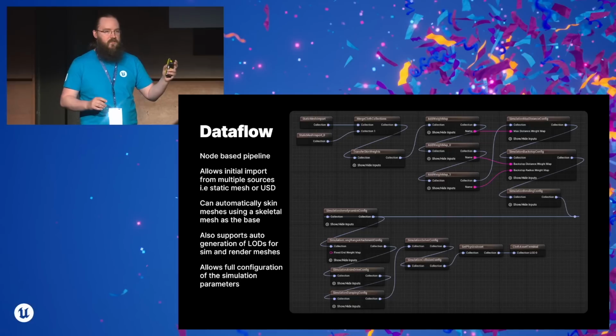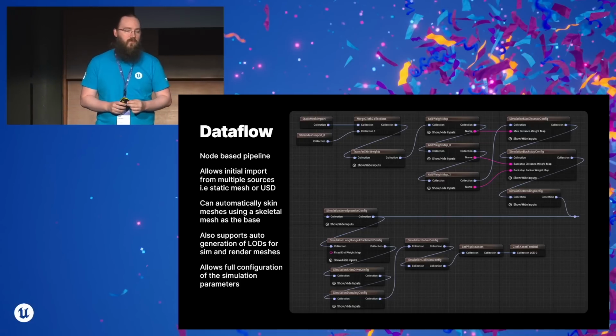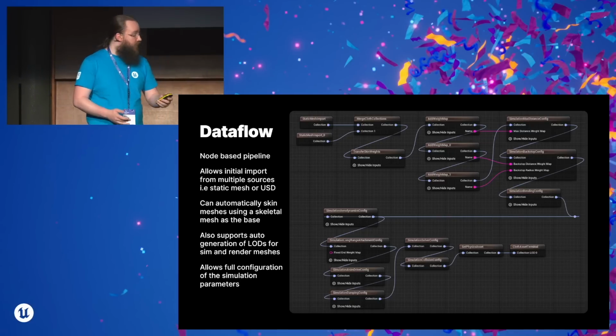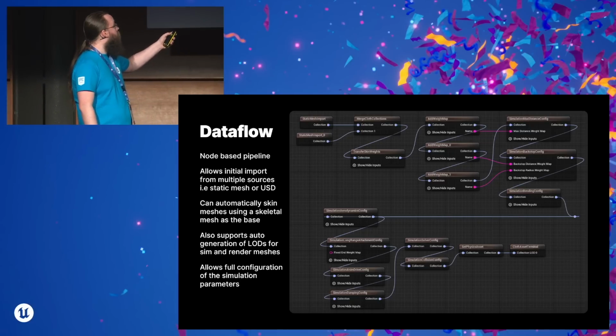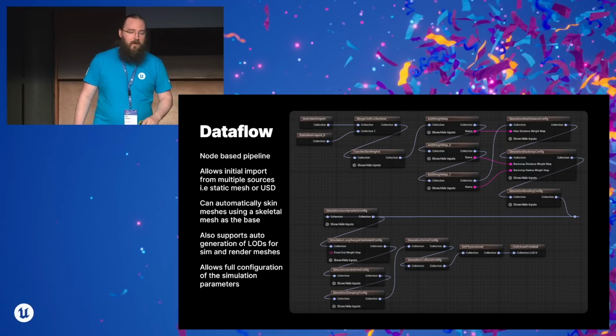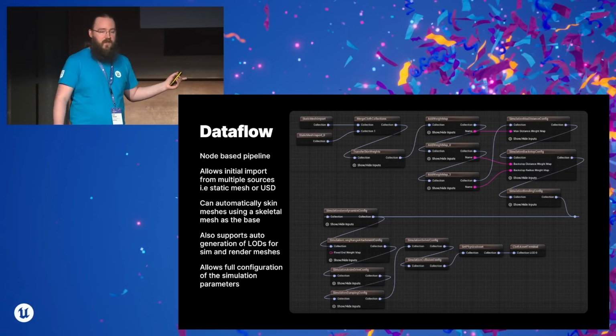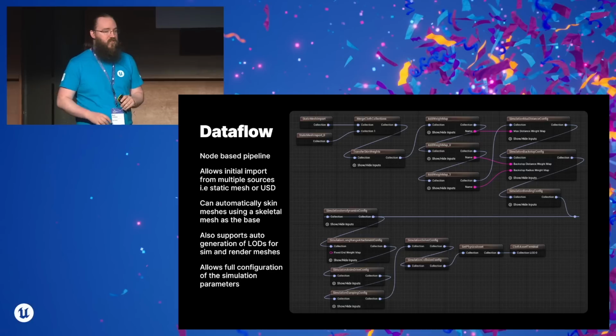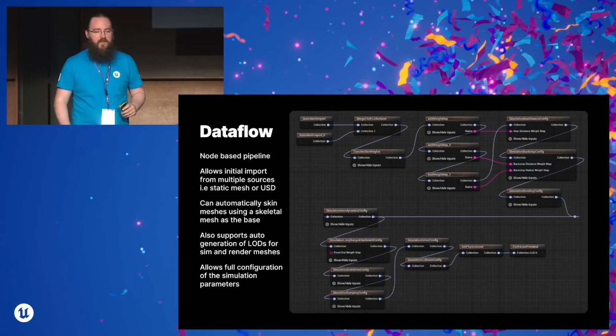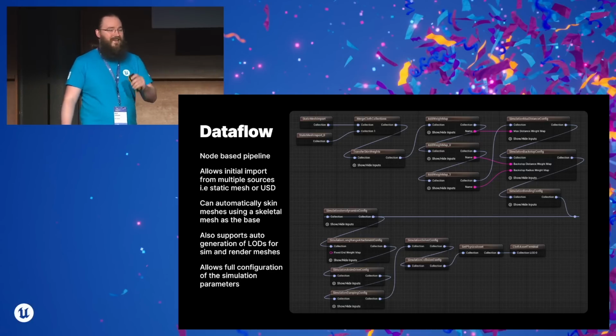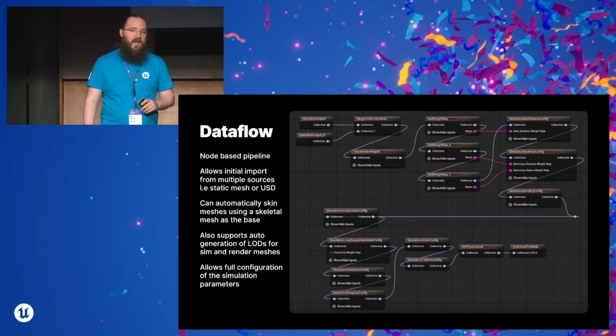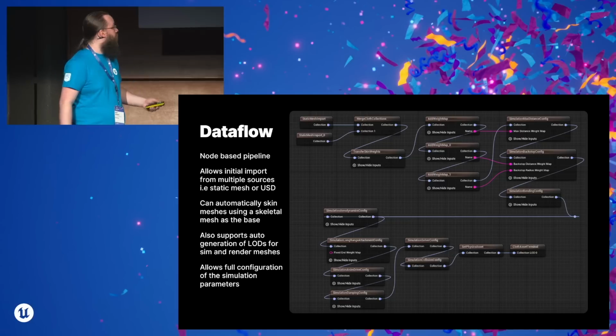So this is a relatively small simulation setup for clothing. It starts here at the top left. It pulls in 2 static meshes. We're only making 1 LOD here. We could import more, or we could generate simplified meshes from these base meshes. There are also static meshes. We don't need to have skinned meshes, skeletal meshes imported to do clothing anymore. It is still an option to do that, but here we've gone with static